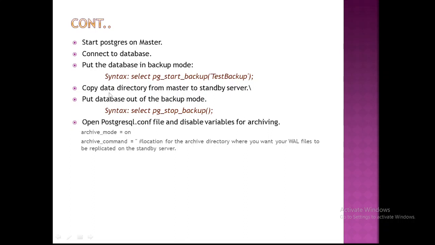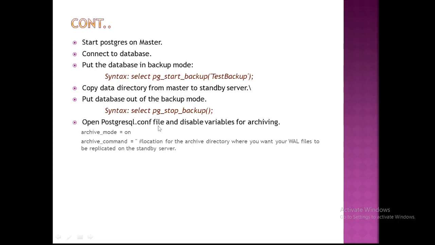Okay, after this you need to copy the data directory from the master to the slave server. You can use a shared drive or anything here. Okay, and then put the master database out of the backup mode. For that you need to issue this command: select pg_stop_backup. Okay,